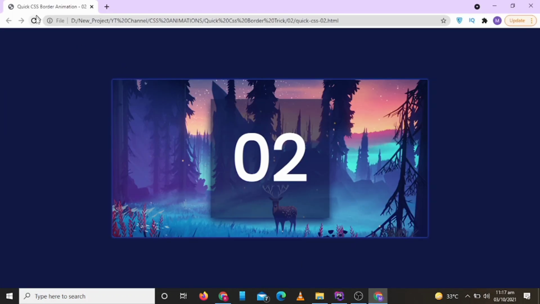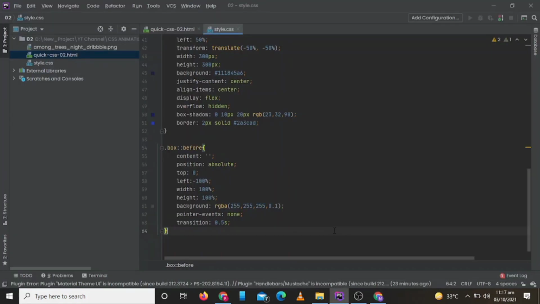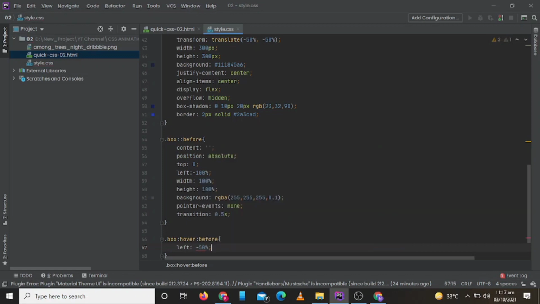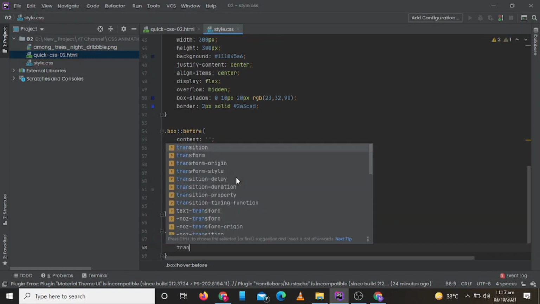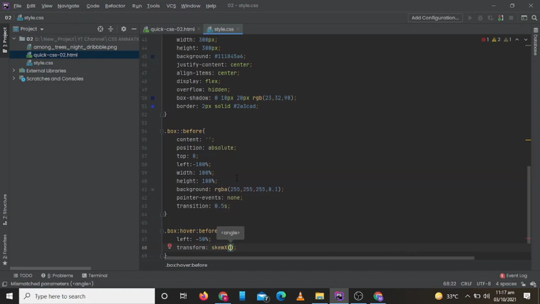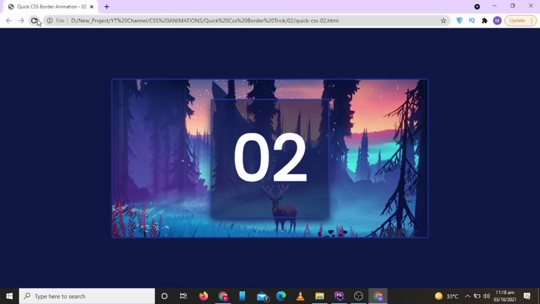So let's check now how it is looking. So our border is added, so let's add some hover effect. So let's check if our hover effect is working. So you can see our hover effect is working.